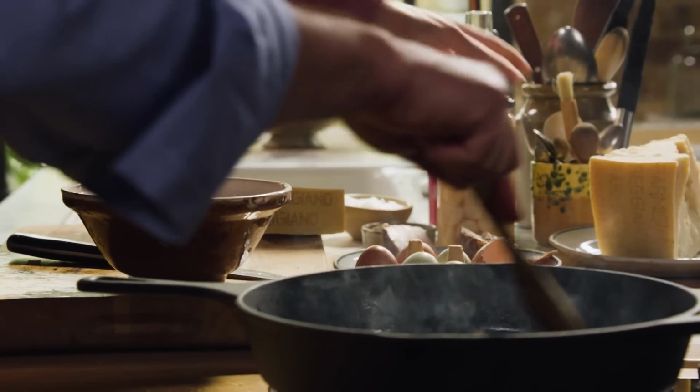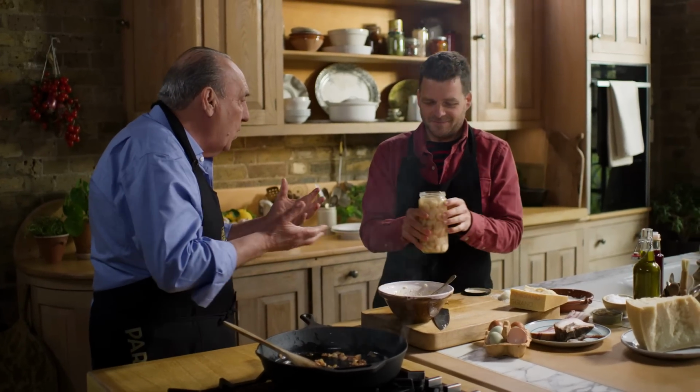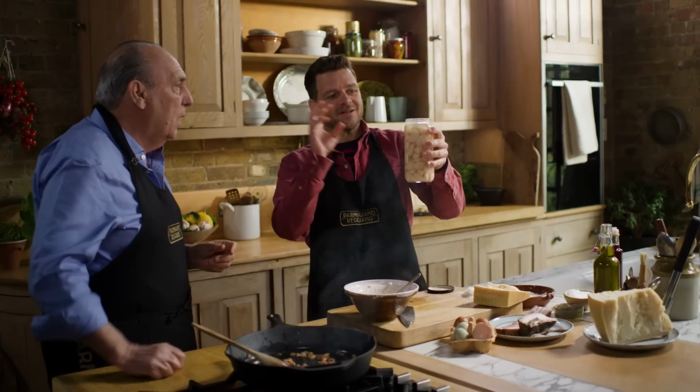Normally, when we get to this stage, we get the pasta in and just stir it around, saute it, to get all the flavor, all the fat of the guanciale. So where are we going from here? Okay, so now we're going to add